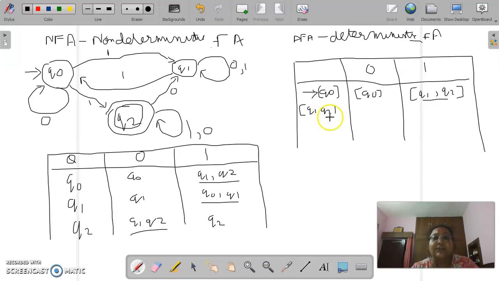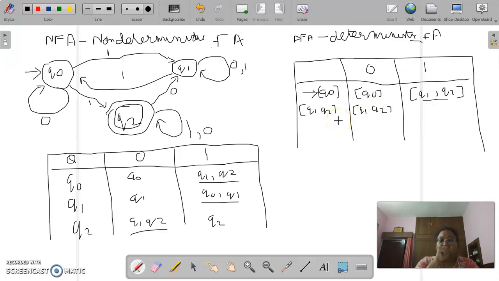Now we will combine the output states of Q1 and Q2 for 0 and 1. So Q1 for input of 0 goes to Q1, and Q2 for an input of 0 goes to Q1, Q2. Q1 is already here, so we will just add Q2 to this, and it is going to generate Q1, Q2.